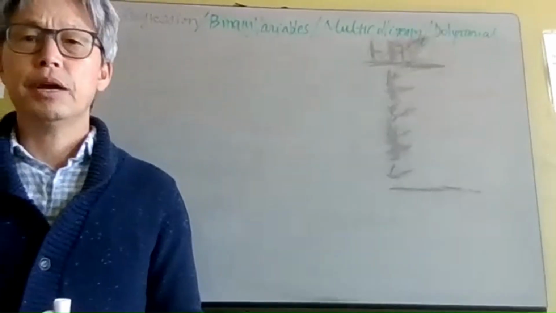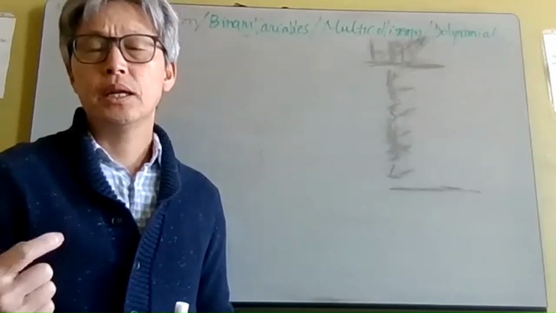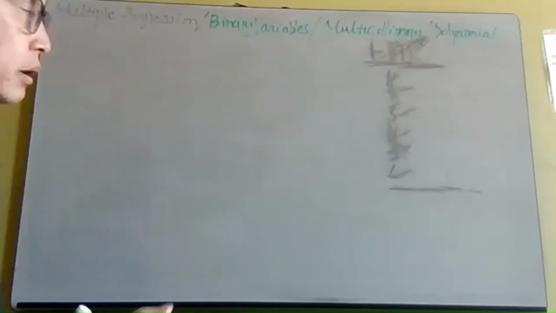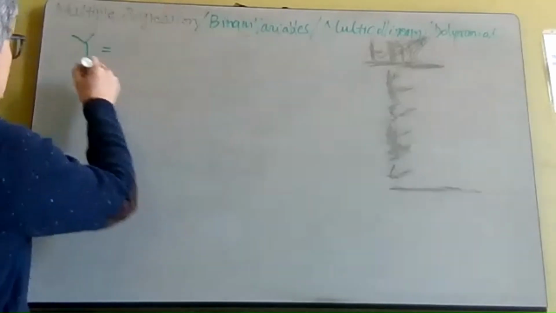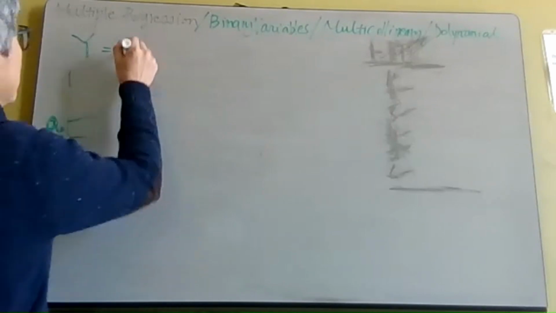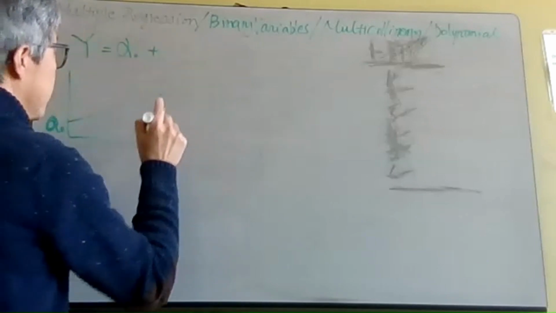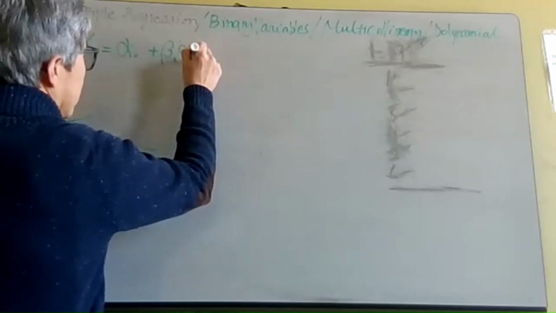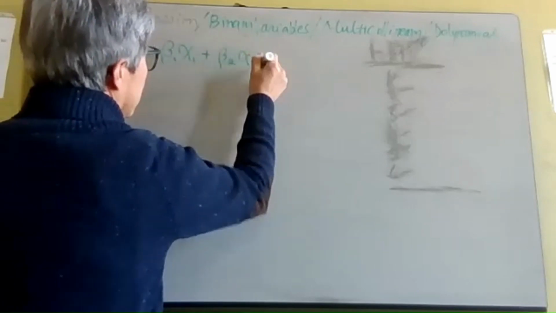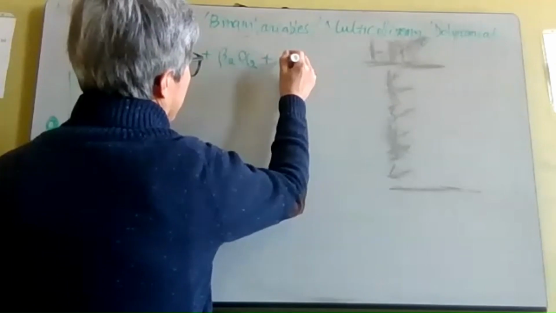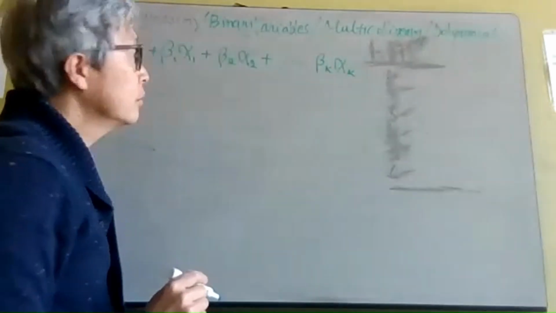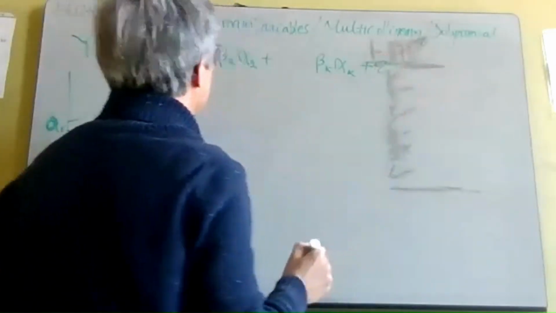Each independent variable varies in a linear manner, because we're dealing with a linear equation with dependent variable y. The actual regression model would be y with intercept, this is the intercept. But we're going to use alpha for the intercept and beta for the coefficients of the independent variables. So first independent variable, this is a continuous variable. Second independent variable with beta 2. Then we're going to have k number of independent variables with error terms,